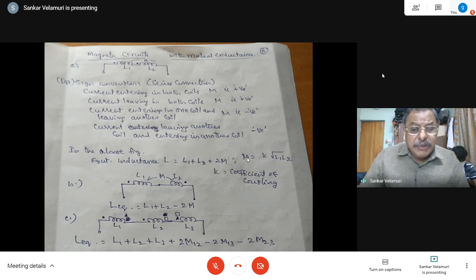Ideally, this equation would have been M12 into M21 equals K12 into K21 into the square root of L1 into L2. So M12 into M21 is equal to K12 into K21 into L1 into L2. When you take the square root, if M12 equals M21, it becomes M. Similarly, K12 into K21, the coefficient of coupling, is taken as common between the two coils, then it is equal